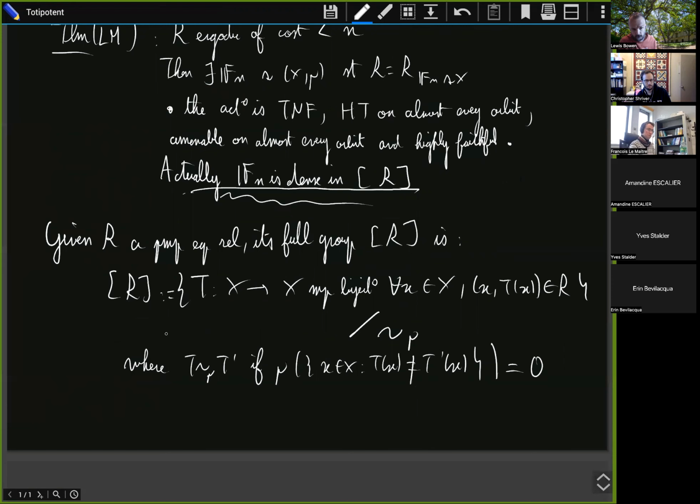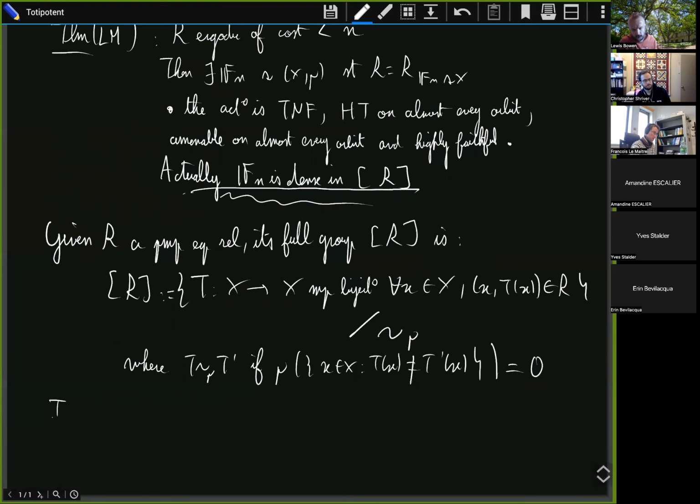And so what's very nice about this group is that you can endow it with a complete separable topology. So topology induced by,